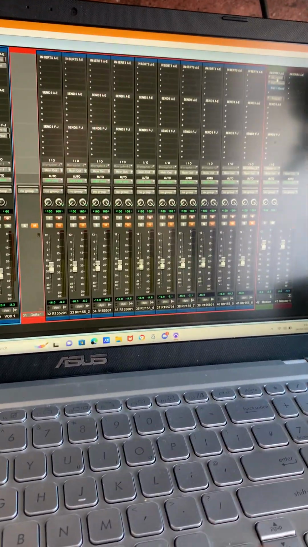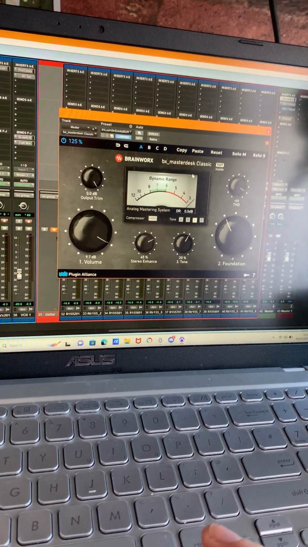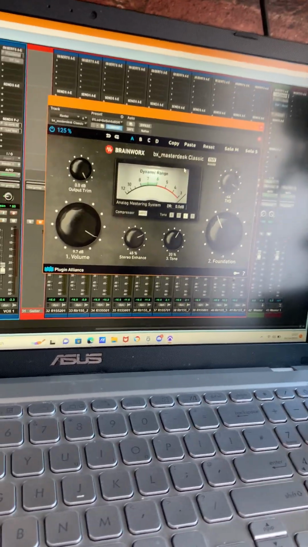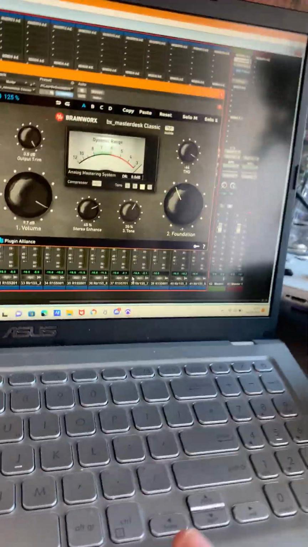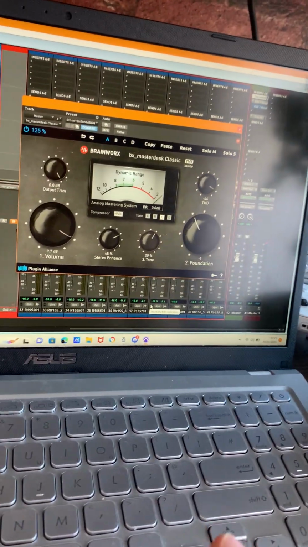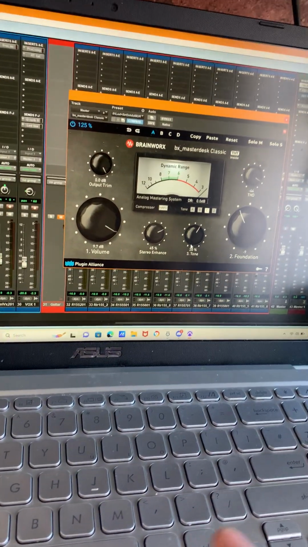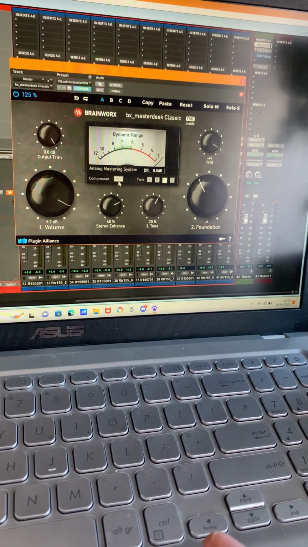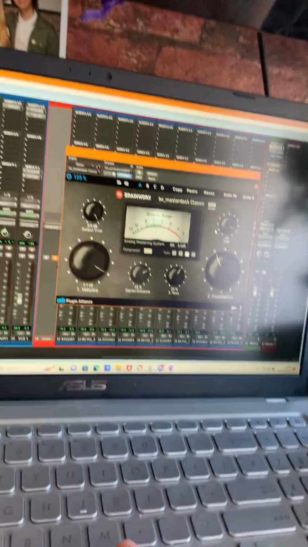So going through my chain and my signal bus processing, I've got this plugin called the BX Master Deck Classic. It's a mixture of a compressor that also has a filter that focuses on where you want the mix to focus, which is this foundation dial here. It also has a stereo enhancer, a volume, an output trim. You can compress it hard, and there's also a threshold. So if I play from the beginning here,